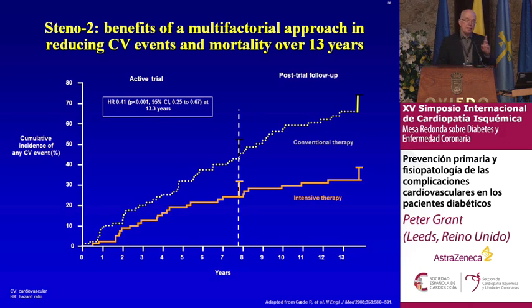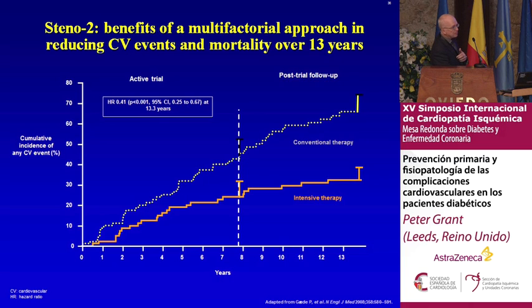So very finally, again, this is STENO2, and I think what we do now all know about cardiovascular disease in relation to diabetes is that clustering of risk is the most important issue. And STENO2 took a very high-risk population with microalbuminuria, and it treated for clustering of risk. It managed glucose, gave aspirin, blood pressure, lipids, and tried to achieve goals in each of those in this group of patients. And what you can see over 10 or 12 years follow-up is a marked improvement in outcome over